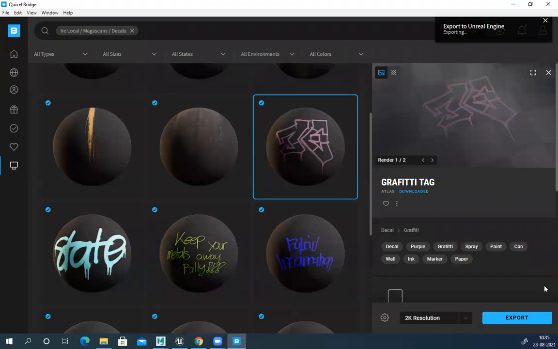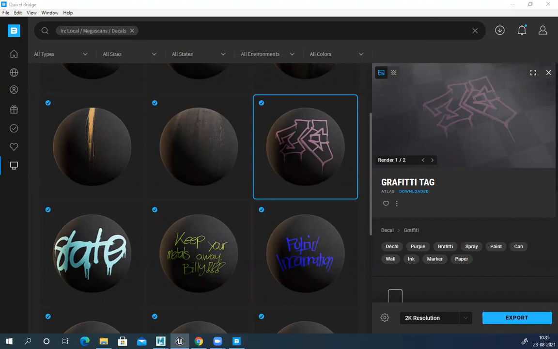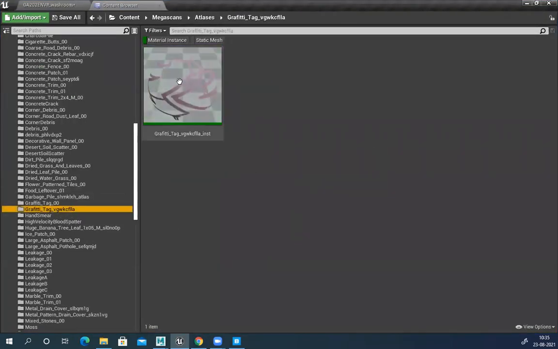Export. It's like Megascan Atlas Graffiti. Okay, Megascan Atlas Graffiti. Okay, it's there, but I don't know. Due to some reason, it's already saved. Yeah.